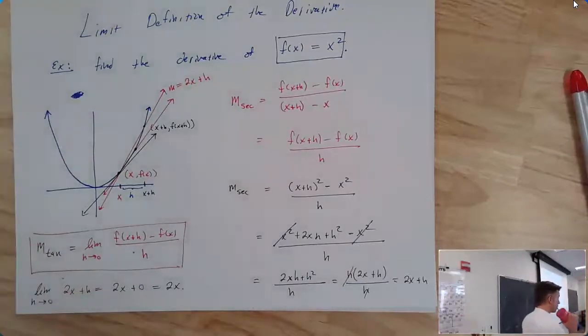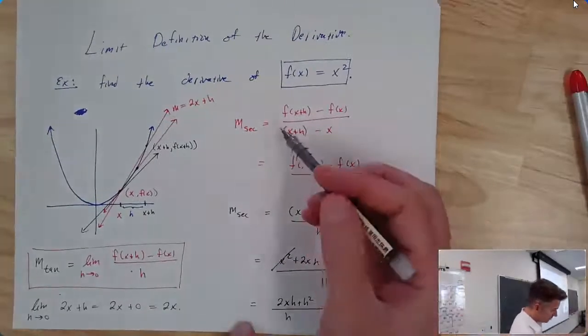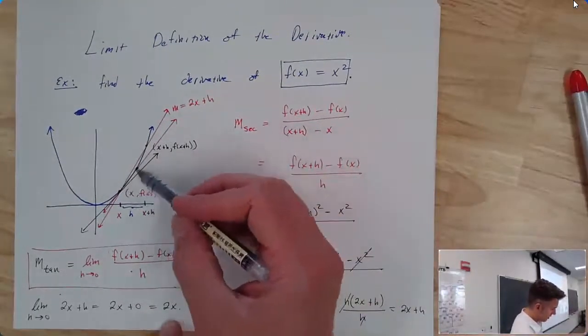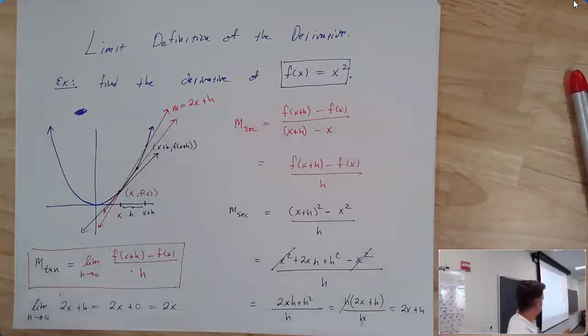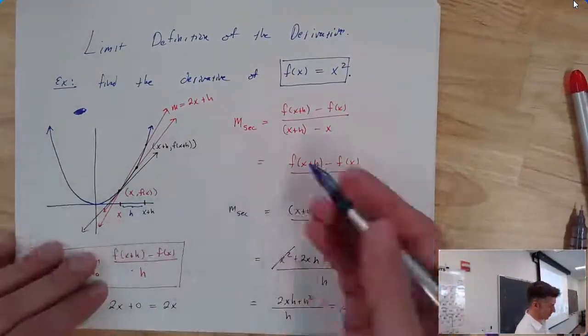Question? So let's talk about, so here's why we're doing that. I'm trying to find the, well, I'll get there in a second. Okay. So let's look at a more general example, and then we'll talk about why we're doing what we're doing. So let's say we had,